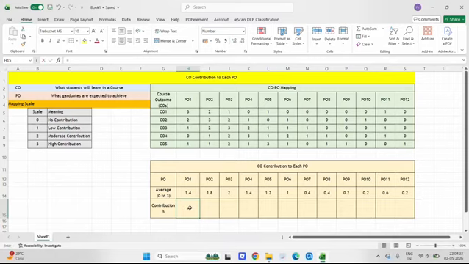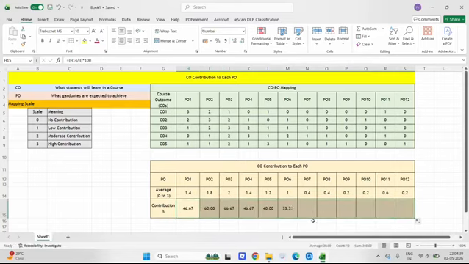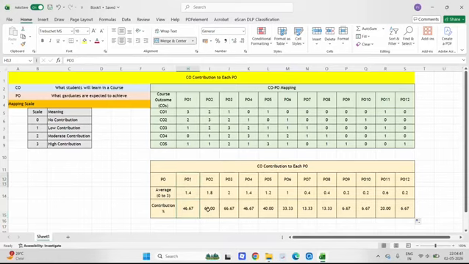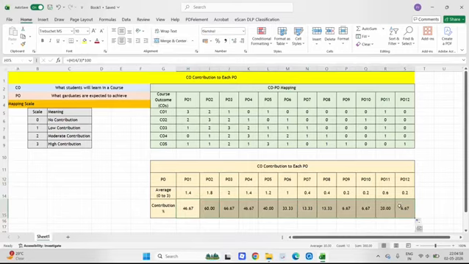So here I select this, divide it out of 3, and multiply by 100. So we get the percentage. This means 46.67% of CO is contributed to PO1. In this case, 60% CO is contributed to PO2, 66% is contributing to PO3. So in this manner, we can get how much CO is contributing to each PO.